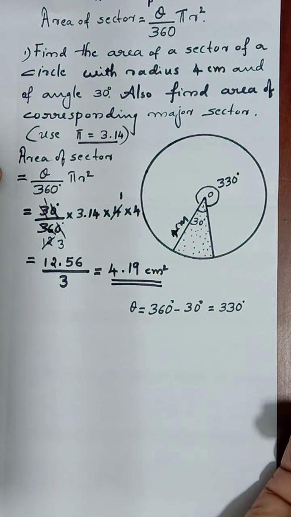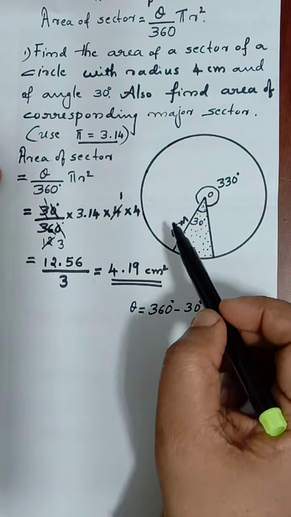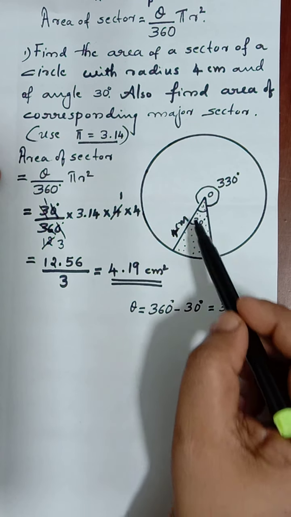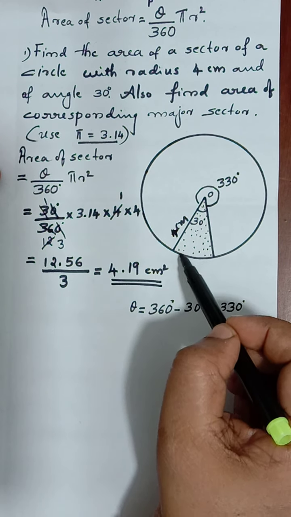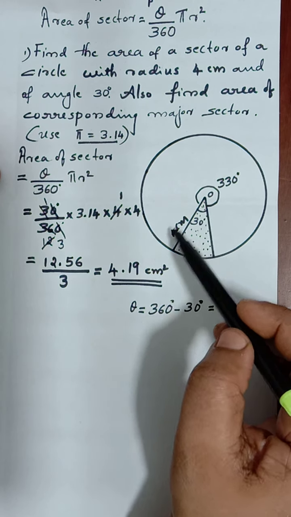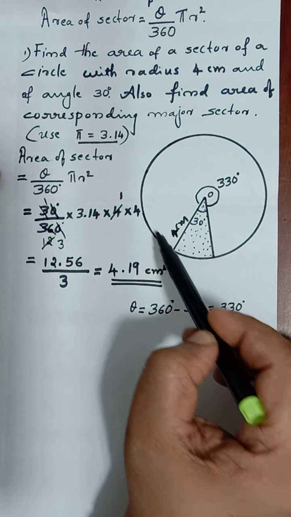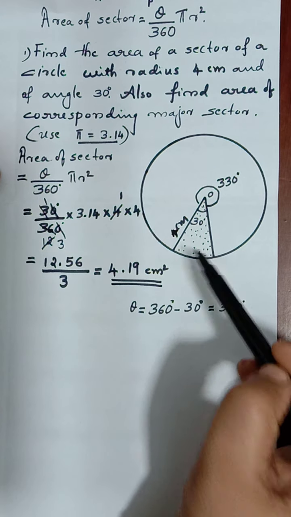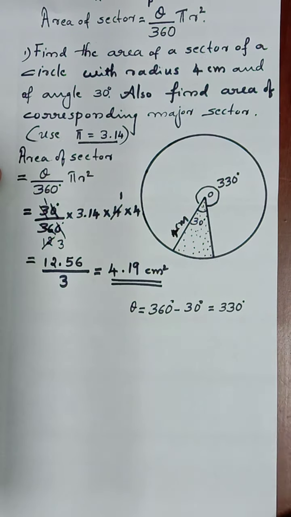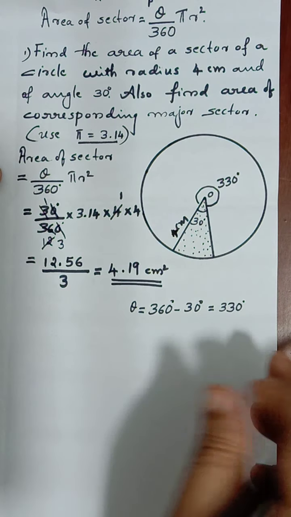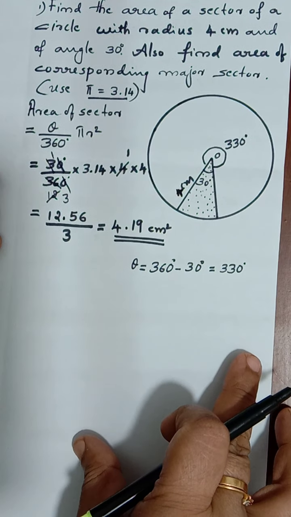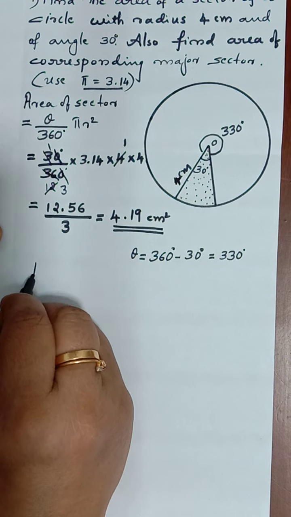That is one method. Another method is the complete area, pi r square. Circle area we can find out, from which you have to subtract the smaller or minor sector area. Once more I will say, complete circle area minus area of minor sector. That is also the same as area of major sector. As you like, you can do. Here I will be using the first method, that is area